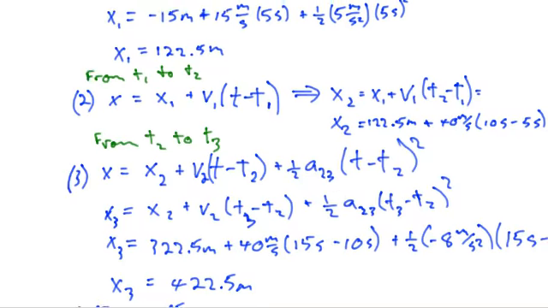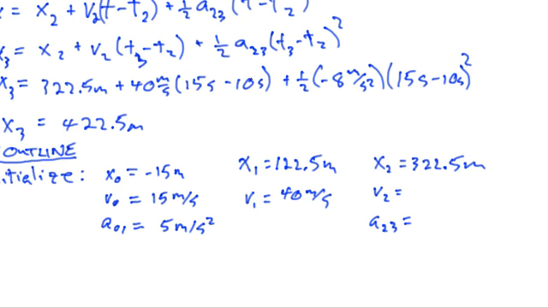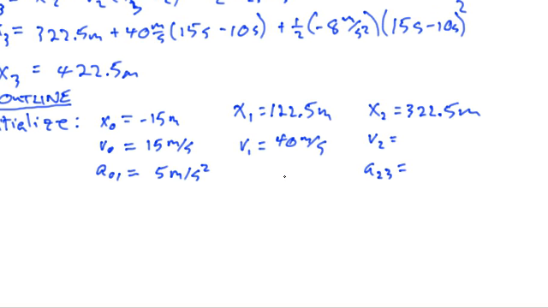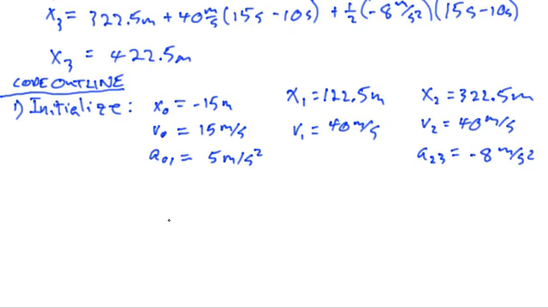V2, that was 40 meters per second as well. Remember, it was constant from time 1 to time 2, from T1 to T2, so 40 meters per second, and this we calculated to be 8 meters per second squared. Alright, so that'll be step 1. Step 2,